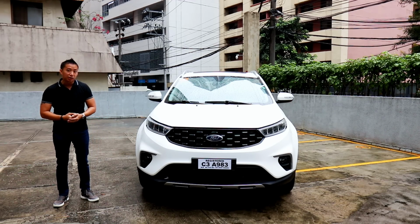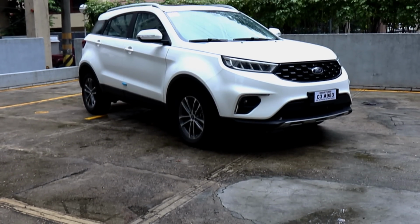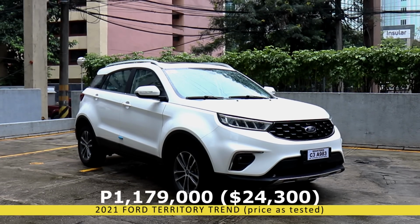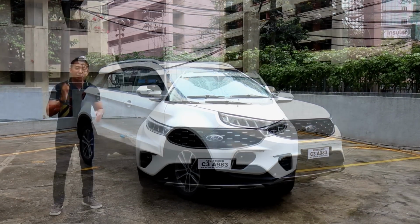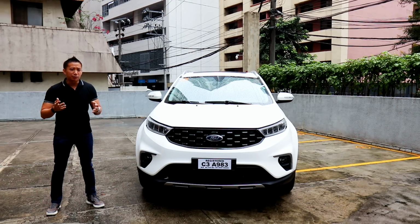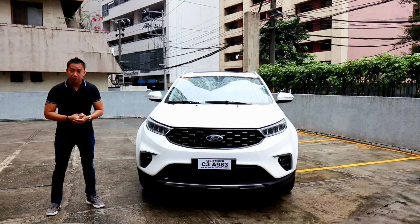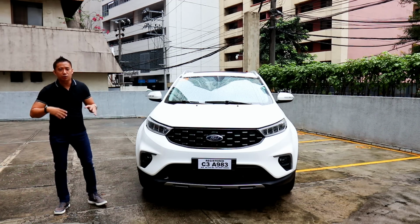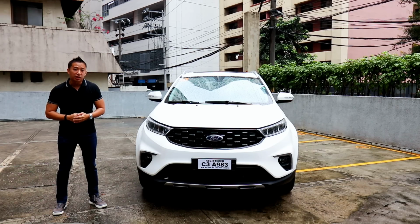How much, you ask me? Well, this baby right here costs only 1,179,000 Philippine pesos. That's a good 120,000 Philippine pesos lower than the top-spec Territory Titanium. And to some people, that is still a large amount of money saved. Luckily, the base model Trend doesn't really lose much in terms of amenities,